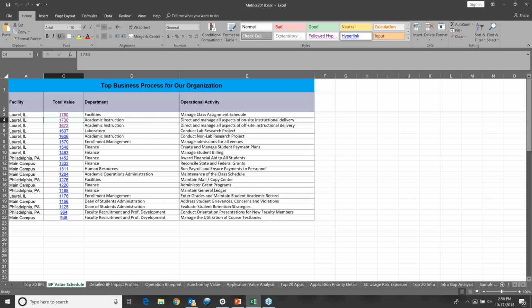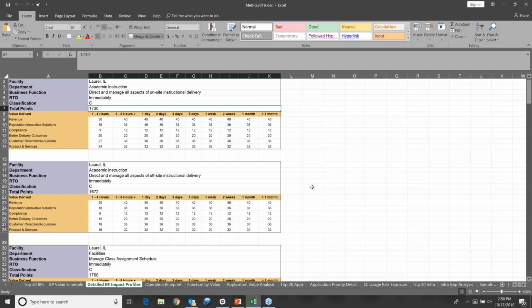What that chart is going to show is those total points. And then it's also going to show each of the different items around revenue, reputational innovative solutions, compliance, better delivery outcomes, customer retention acquisition, and my products and services. We can get in here and they can see those relative points, or they can get into that more